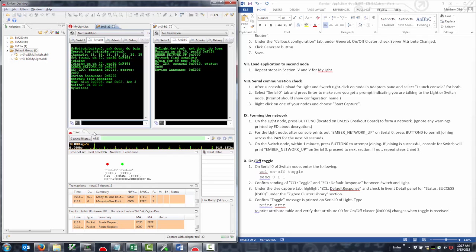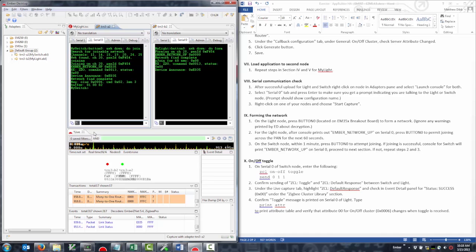Now you're going to want to send that to the light, and in this case we made sure that we configured our light as the coordinator. The coordinator happens to always in a ZigBee network have a node ID of 0000. Normally ZigBee nodes have a random node ID, but in the case of the coordinator, it always has a fixed address, which makes this example much easier because we don't have to guess what random ID has been assigned to the joining node. The switch has a random ID, but as the light has a fixed address of 0,